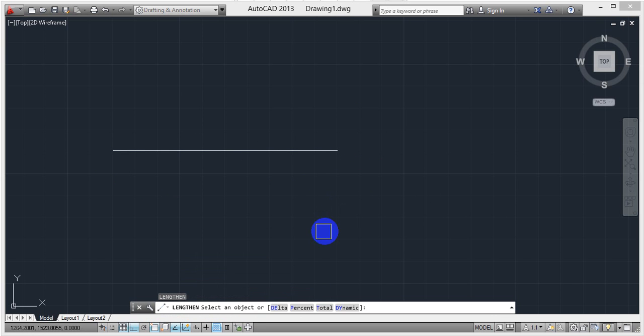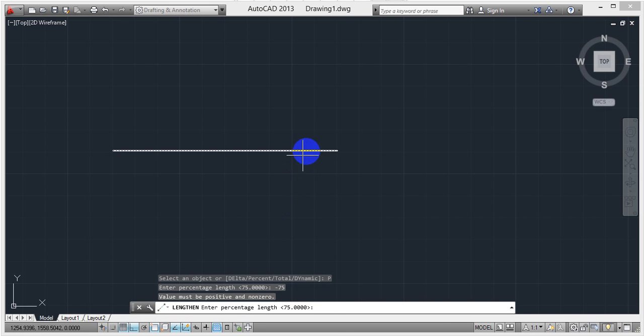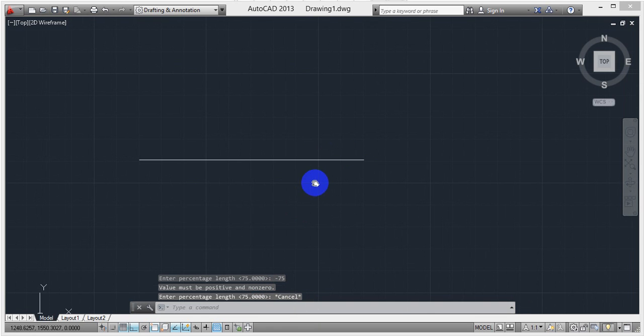LEN, enter. So next percent, type percent, next 75. It means previously it decreased, right? So I'm selecting now minus 75, once try 75, enter. Lengthen percentage minus 75, it's not taking. So once try positive.